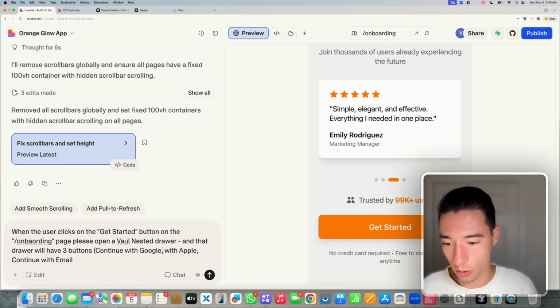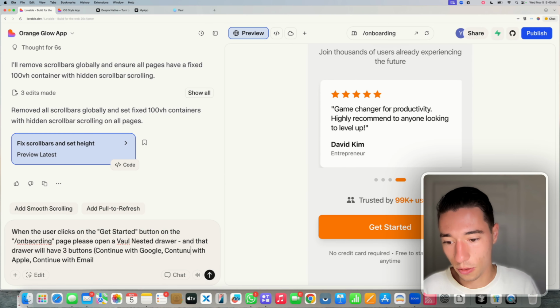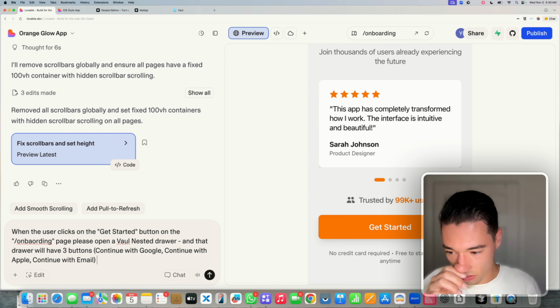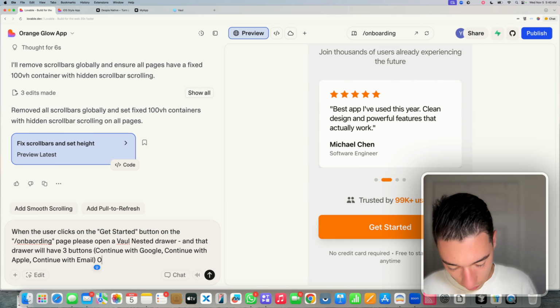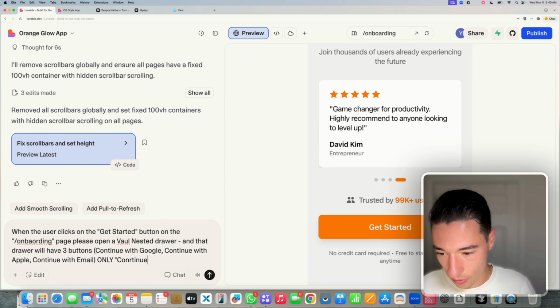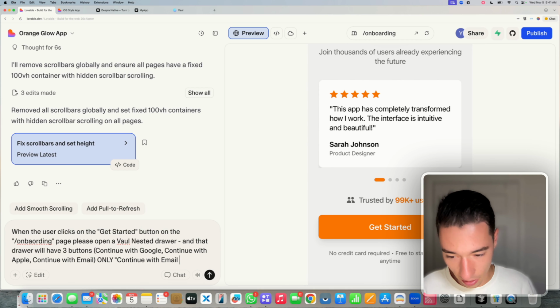Okay, we're going to do continue with Apple, continue with email, right? There you go. And then only continue with email